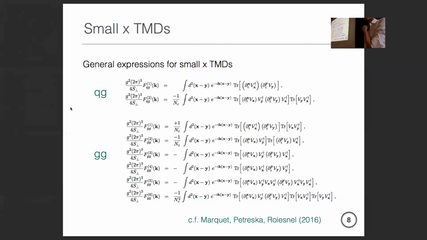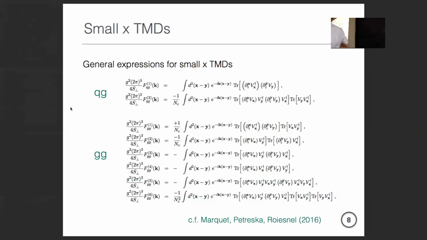But for more involved processes, these TMDs could have other structures. It may be a function of kt squared, but it's not real. I'm not sure about those written here, but in Cyril's paper, there are some which are. Anyway, I think this is in principle exactly the same as in Cyril's paper.